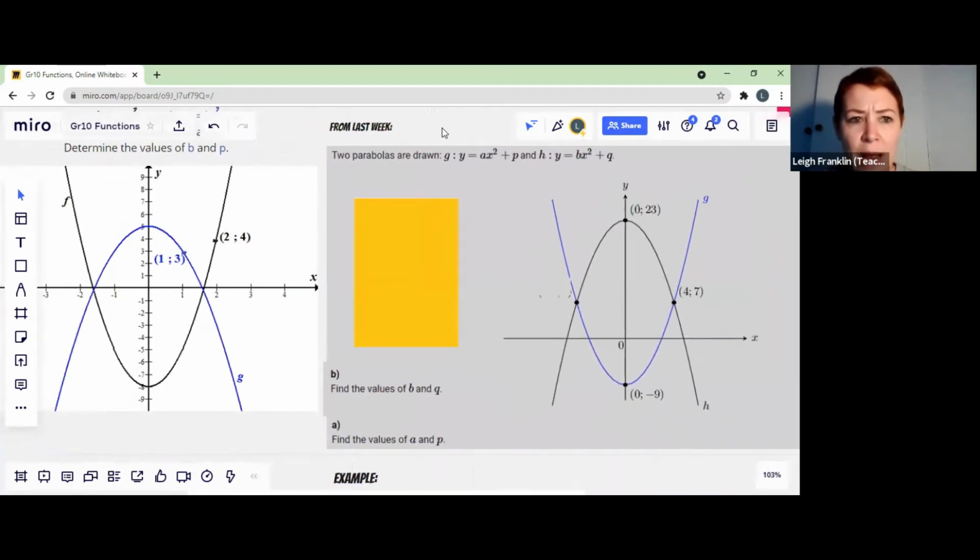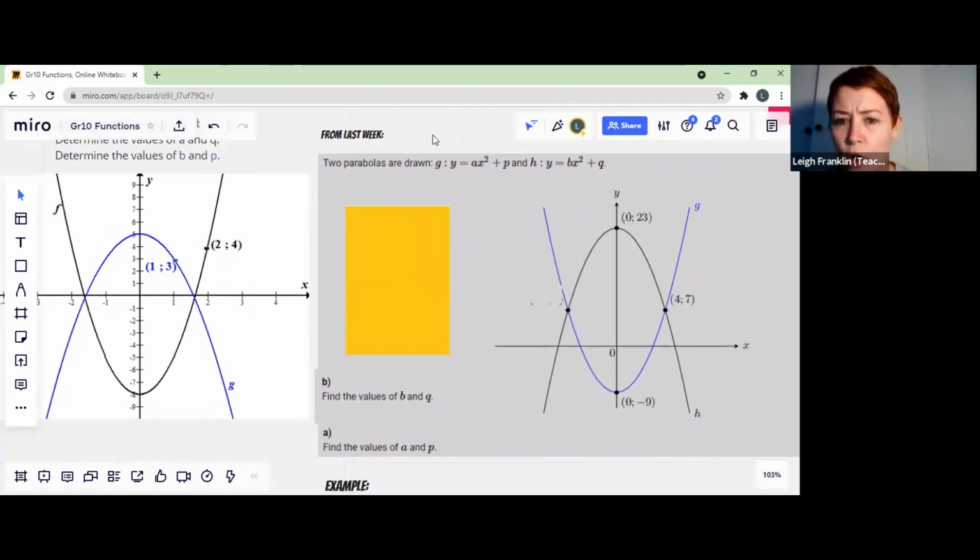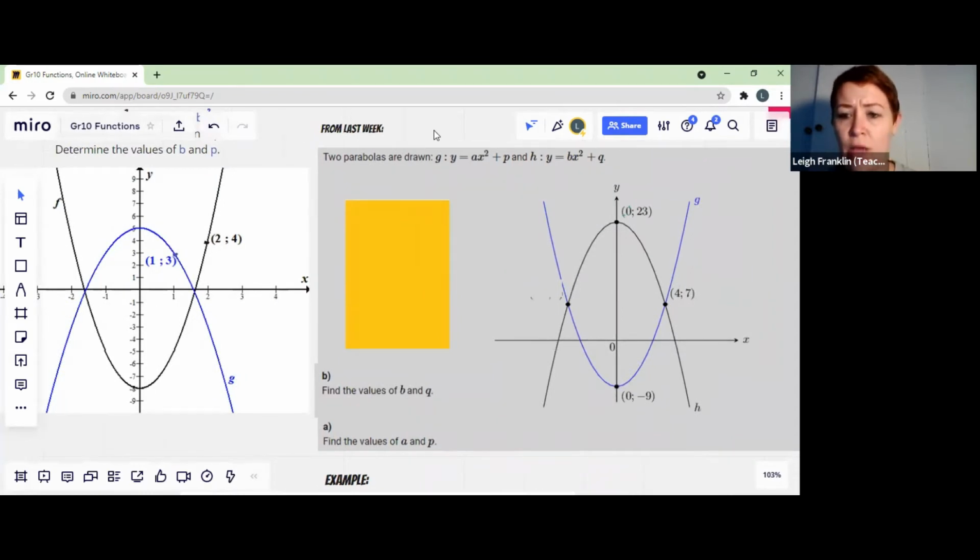I've made a brand new question. Okay, so for right now, you have two options. Either you didn't understand what was going on last week and you want me to go through these questions again, or you understood what was going on last week, you felt confident, and you think that you can do the questions on the left-hand side. Is that clear to everybody? Can you give me a thumbs up? Or any kind of reaction?